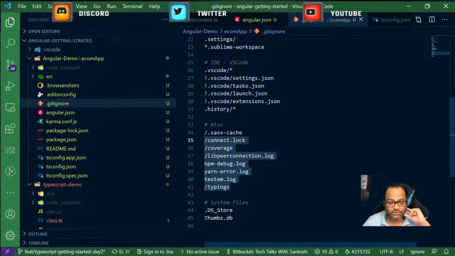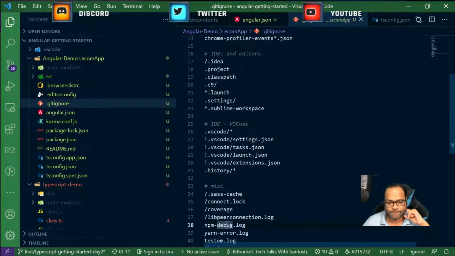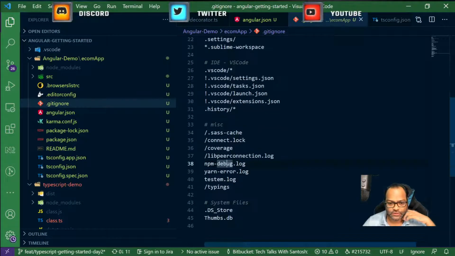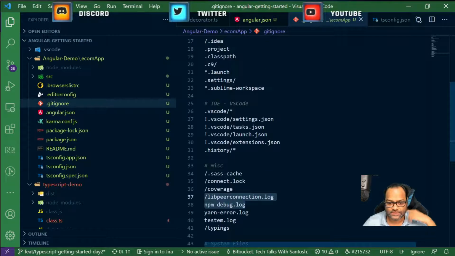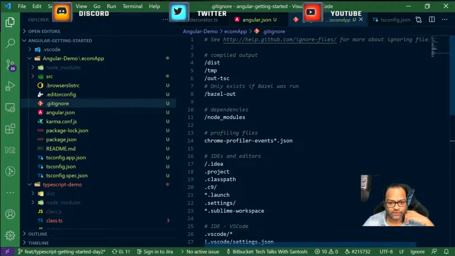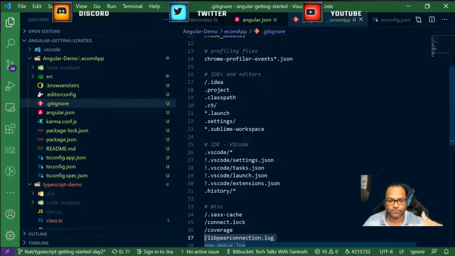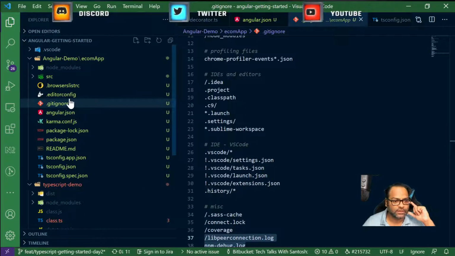This is miscellaneous files. npm debug log, because whenever there is an error in npm install, or any npm command, it creates this file. So it's already added as an ignored file. But in case you are also using, let's say, Java or .NET, you can also mark a few more files which you don't want to include as part of your gitignore.